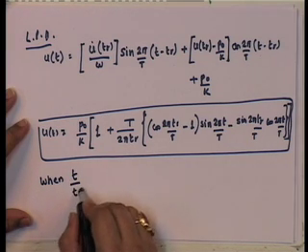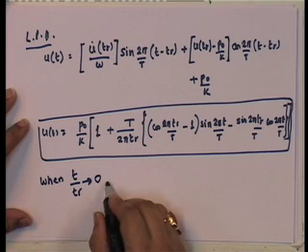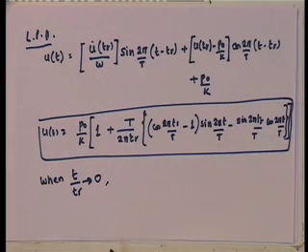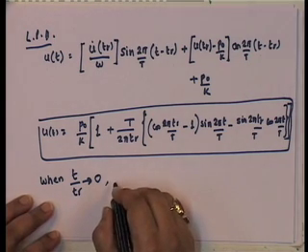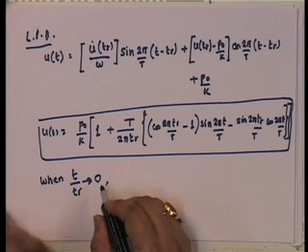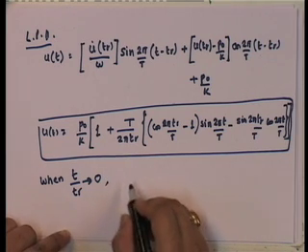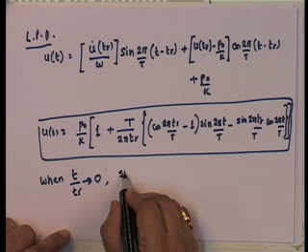When t by t_r tends to 0, where will the peak occur? Note that if t by t_r tends to 0, load phase 1 practically disappears. So, it essentially is that you are in load phase 2. So, the peak will occur in load phase 2, and if you look at load phase 2, what do you get? You get sine